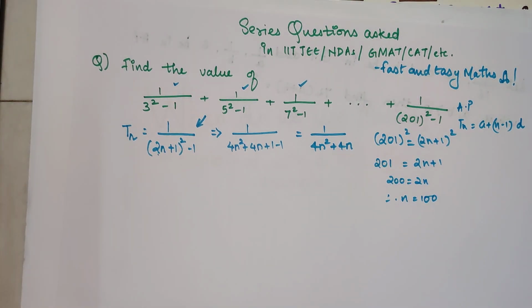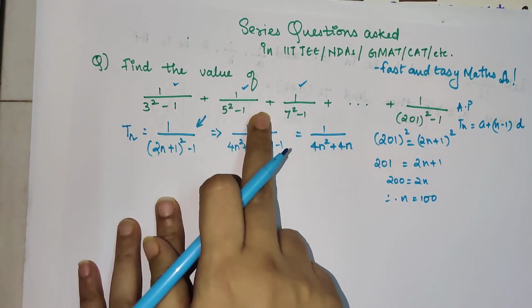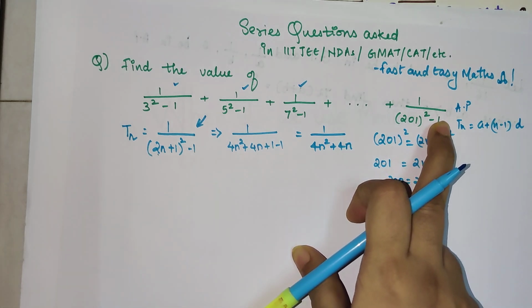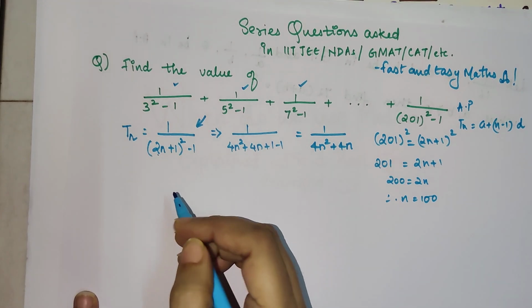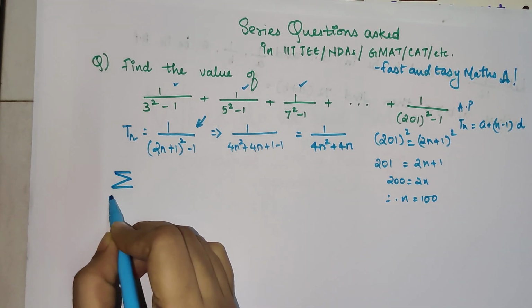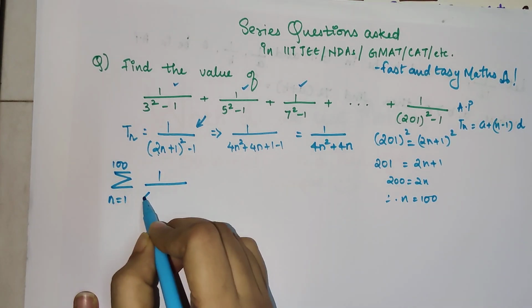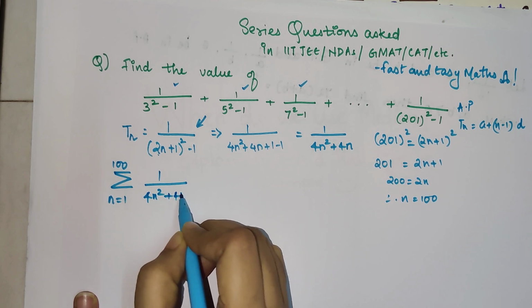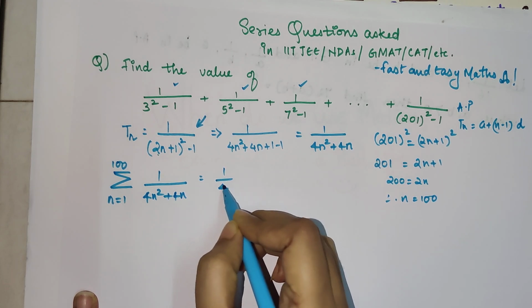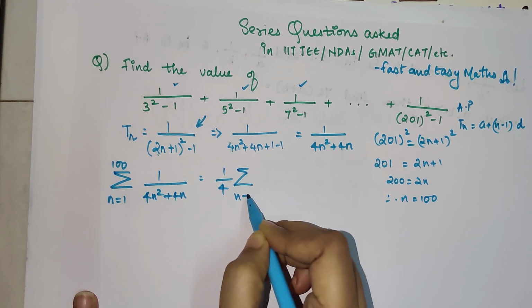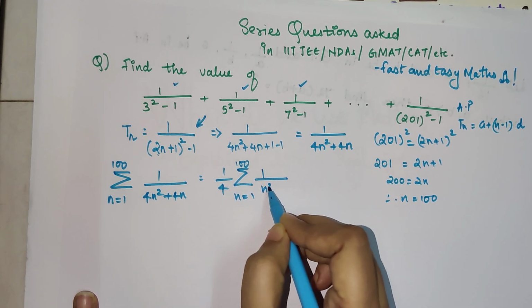So now I know that there are a total of 100 terms in this particular series. Now coming to the point where we need to actually find the summation, or the sum, of all of these values. When you need to find the sum, what you will do is simply take a sum where n starts from 1 and goes up to 100, 1 upon, we will use this 4n square plus 4n. So from here, can I say I can take 1 upon 4 outside. So I am looking at something like this, n equal to 1 to 100, 1 upon n square plus n.